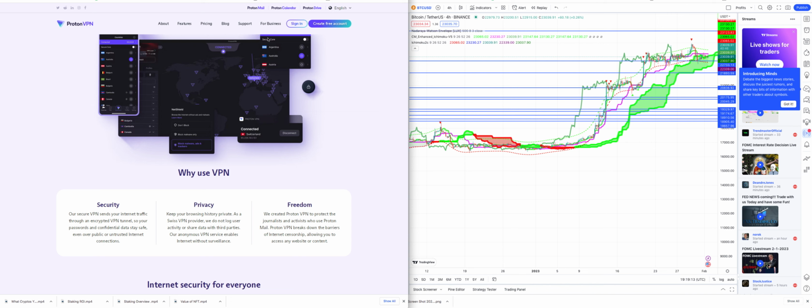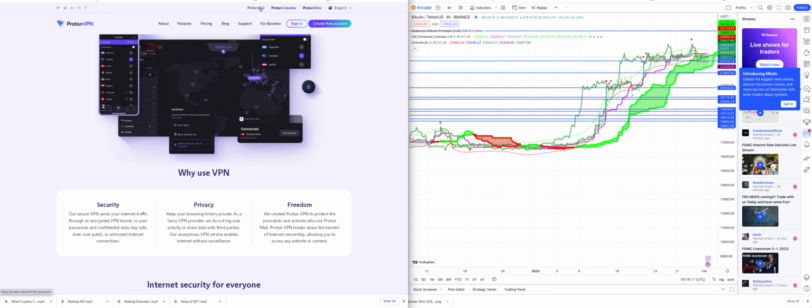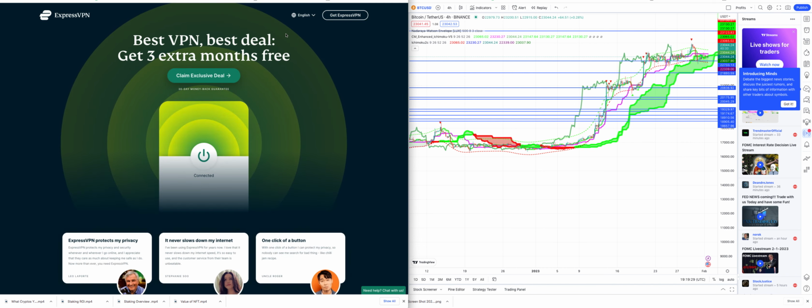I encourage you guys to get either one, NordVPN or Proton, and then also set up a Proton Mail too. It's a private email. Set up your private calendar, and instead of saving your things to the Google Drive, save it to Proton Drive. It's way more private and it's not going to Google's cloud server.